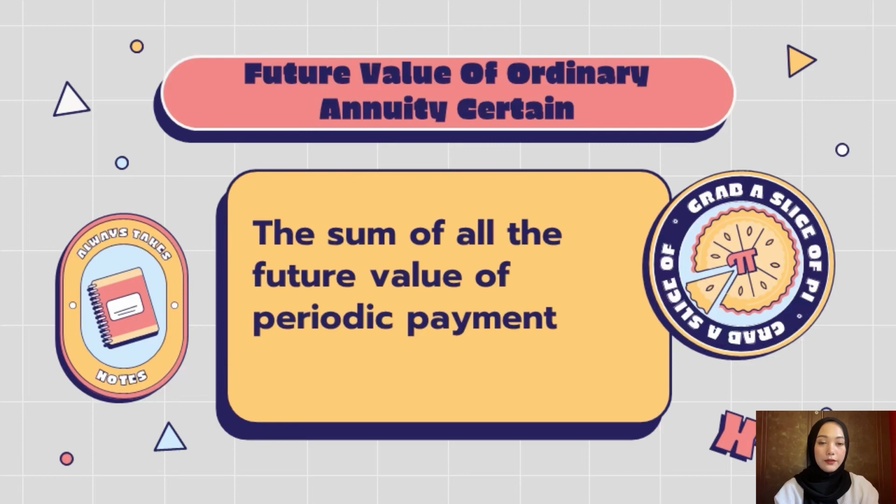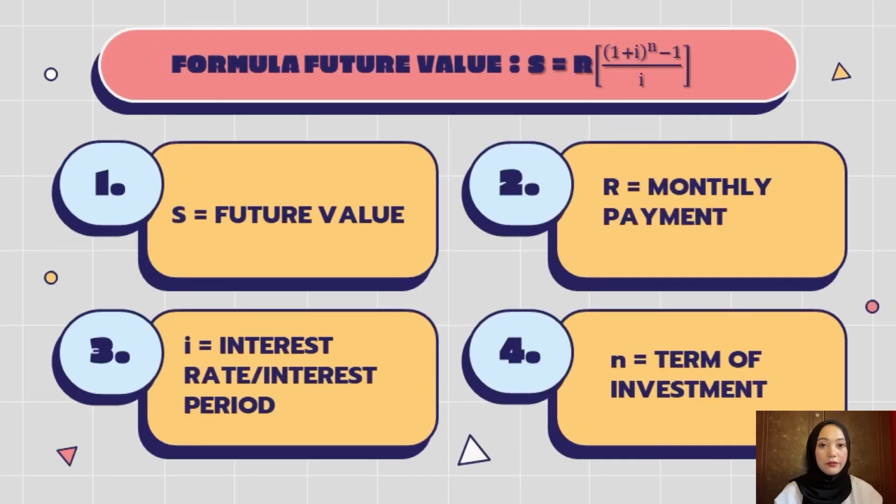So first is future value. Future value is the sum of all the future values of periodic payments. The formula for future value is S equals R times [(1 plus i) to the power of n minus 1] divided by i, where S is future value, R is monthly payment, i is interest rate per interest period, and